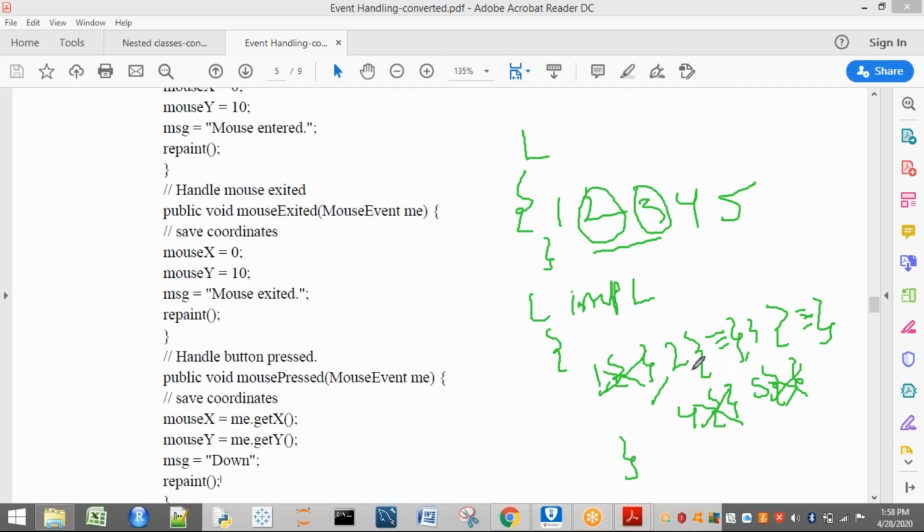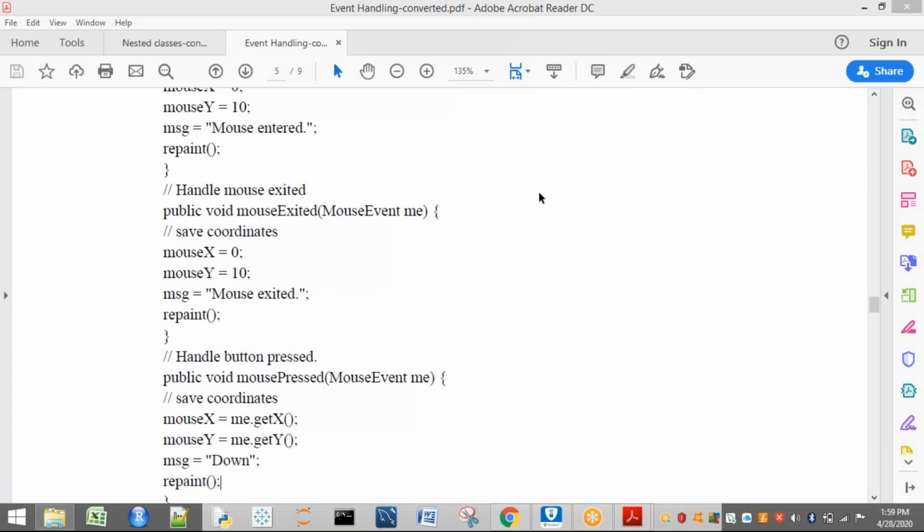Now what happens here? I will consider one of the listener interfaces and show you what an adapter class does. First, I take one listener. In this I have, for example, 5 methods: 1, 2, 3, 4, and 5. Now, what is my adapter class doing internally?